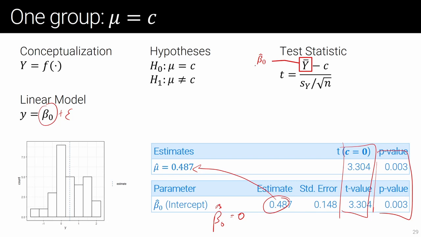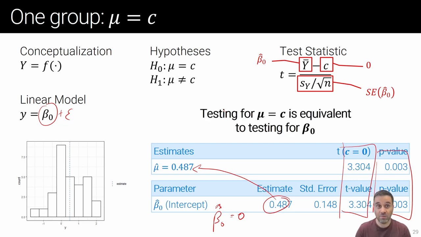this is because if we take a closer look at the test statistic, this sample average for the response is actually beta 0. That C is the constant we're testing against, which in our case is 0. And the whole denominator turns out to be the standard error of beta 0, the standard error of the coefficient. So you see, testing for mu equal a certain constant is equivalent to testing for the intercept, in this case